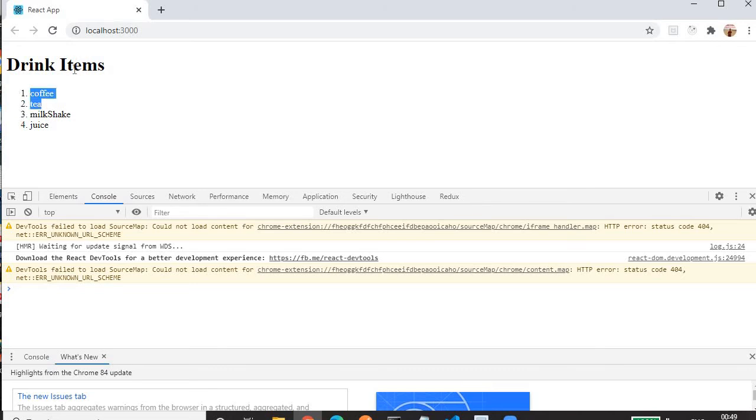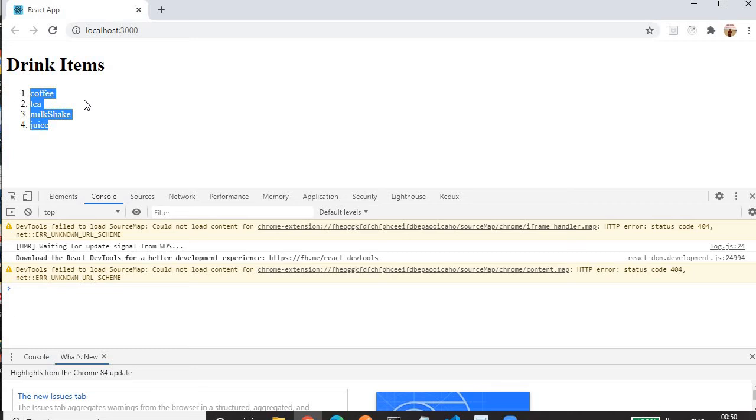If we combine component 1, this text, and component 2, this list, then we get a main component. That main component we have to render. In our application it will be similar: the navigation bar as one component, the user page as a second, the login page as a third, the product page as a fourth, and we glue those components together to create our entire application, the main component that we render in our web page.